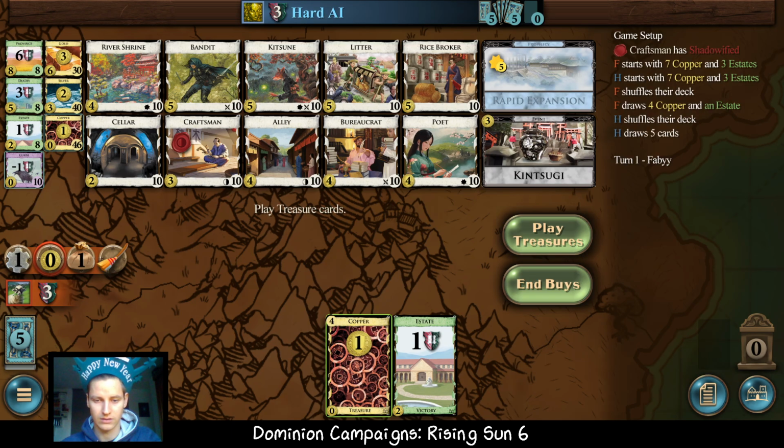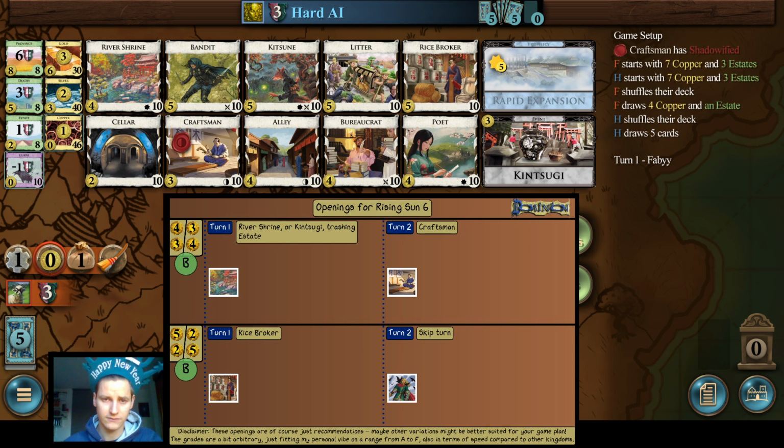Now, what would I recommend opening-wise? I think the 4-3 is quite good. We get to either Kintsugi away an estate and then go for Craftsman, or go for a River Shrine Kintsugi. It also looks fine, although you might struggle to hit 5 then. You can still go for a...